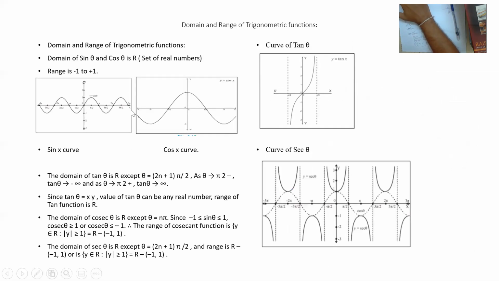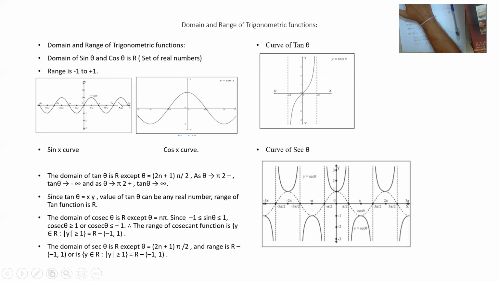Let us understand the graphs of trigonometry. What is the domain of sin theta and cos theta? Domain is real. So real means what? It can be 1, it can be root 2, it can be root 3, like that. It is real. It is not only integers, it is not a perfect number. So it can be anything. Real includes integers also. So from minus 1 to plus 1, it can vary.